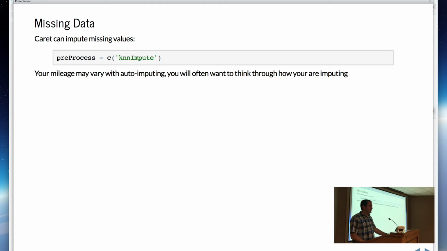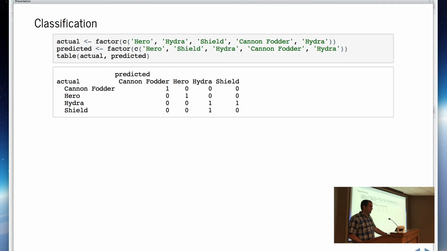I'll touch on missing data. This is kind of a big topic, so I just want to point out that this is available. There are functions in there to help you impute missing data. This particular one is going to use k-nearest neighbors to look at other features that are present and say, okay, for this missing value, I'm missing the number of bedrooms on this house. What's the most likely number of bedrooms based on houses that look like this in terms of square footage, other things like that. There are a number of different ways to fill in missing values. That's just one of them, and it's available there pretty easily.